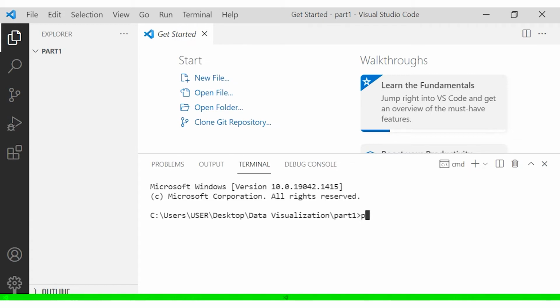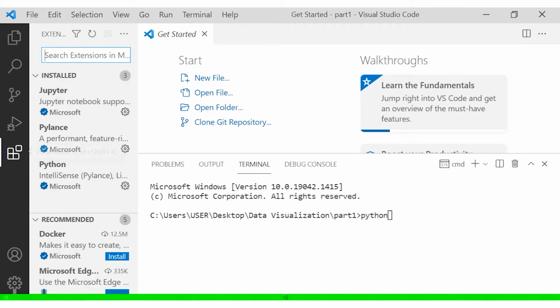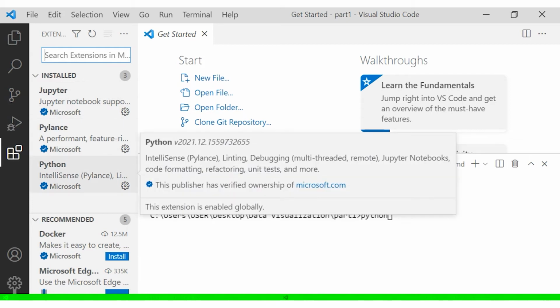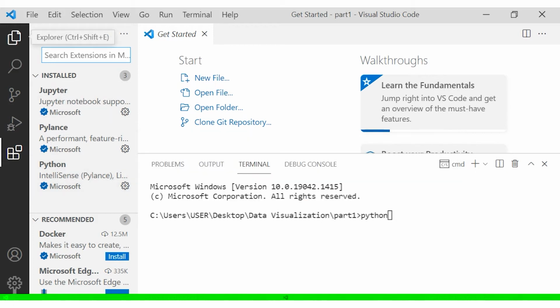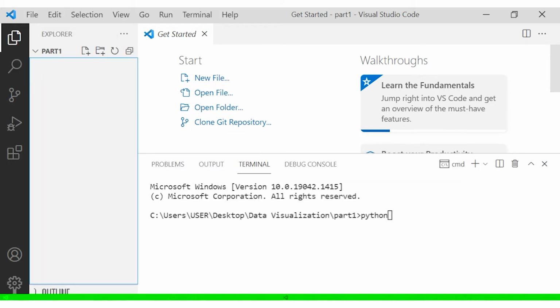Also, if you don't have Python installed on your system, install Python onto your system. I assume you have done all this. Also, when you download Visual Studio Code, come here to extensions and make sure you have Python installed, the official one from Microsoft. All right, so now if you have Python installed onto your system, you can type python